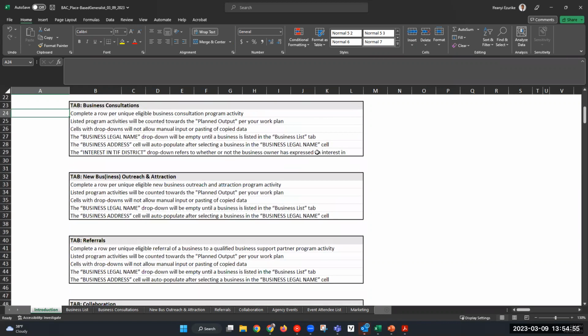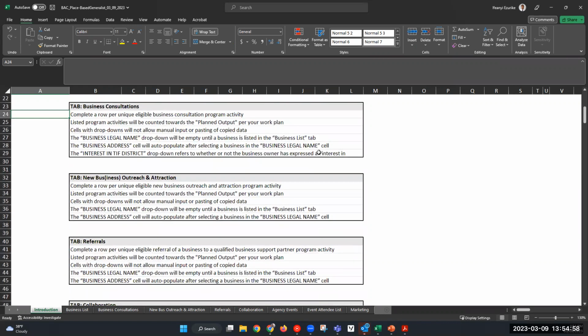The next block here is the new business outreach and attraction. And you're instructed to complete a row per unique eligible new business outreach and attraction program activity. Listed program activities will be counted towards the plan output per your work plan.